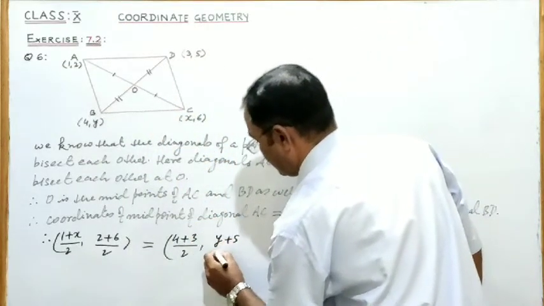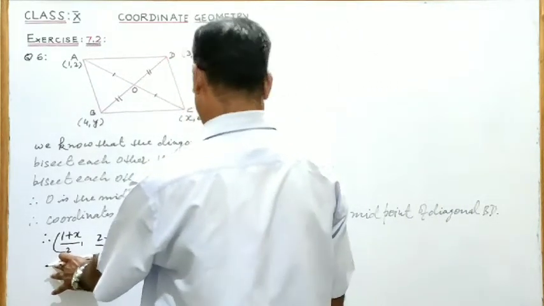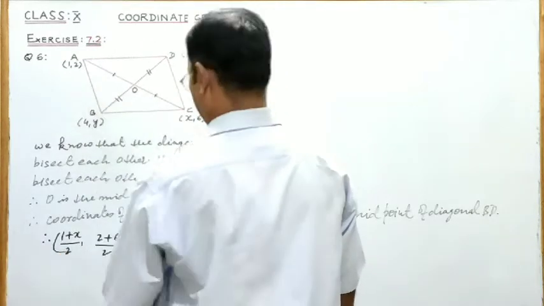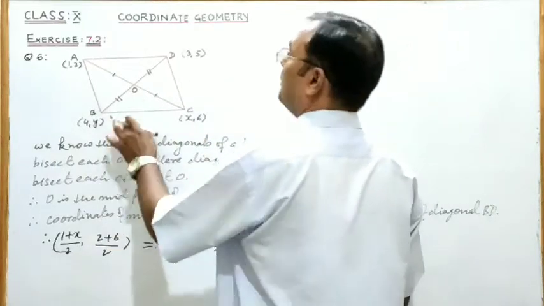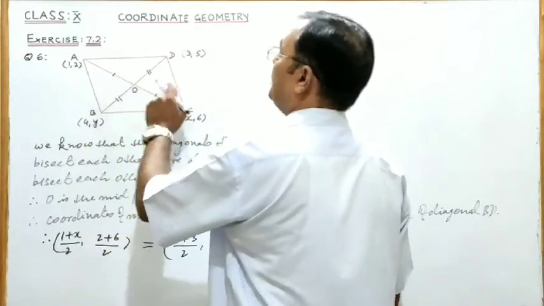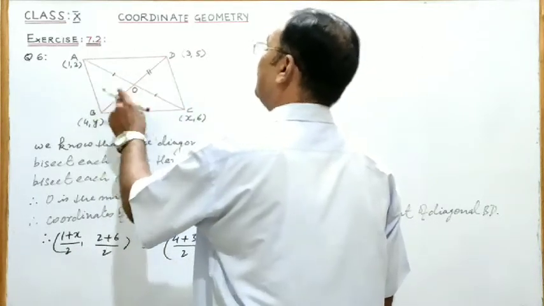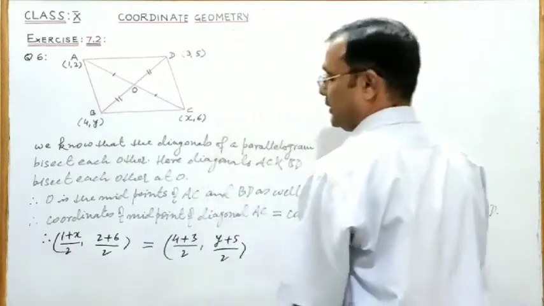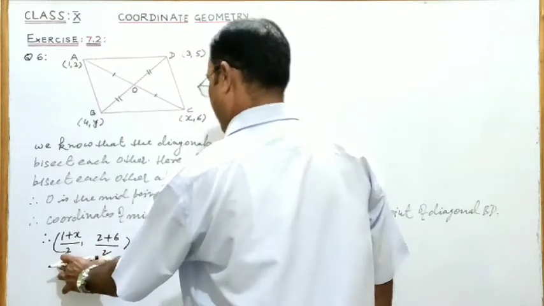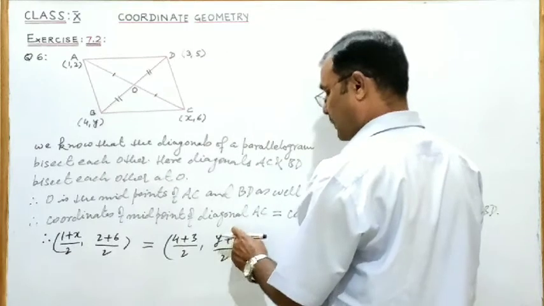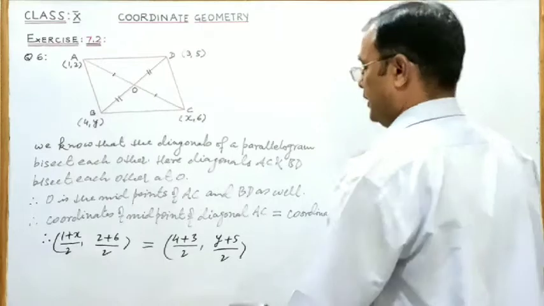Left side is coordinates of midpoint of diagonal AC. Right side are coordinates of midpoint of diagonal BD, and midpoint of diagonals AC and BD both is the same point. That means 1 plus x by 2, 2 plus 6 by 2, 4 plus 3 by 2, y plus 5 by 2 are coordinates of the same point. So therefore,